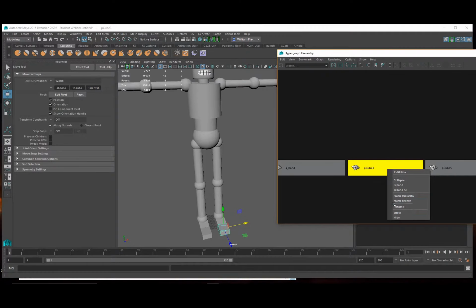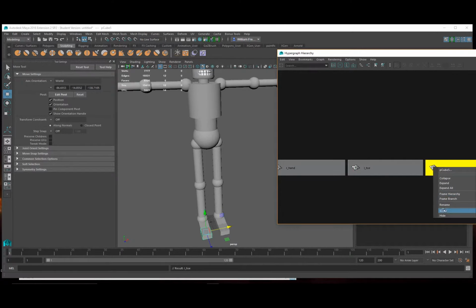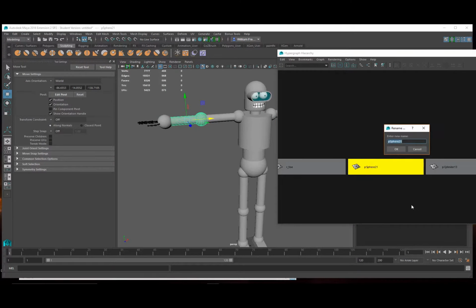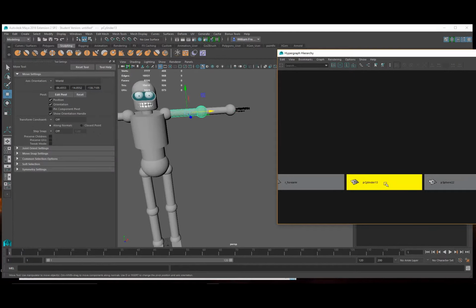This is our left toe, right toe, and our right forearm. Left upper arm,